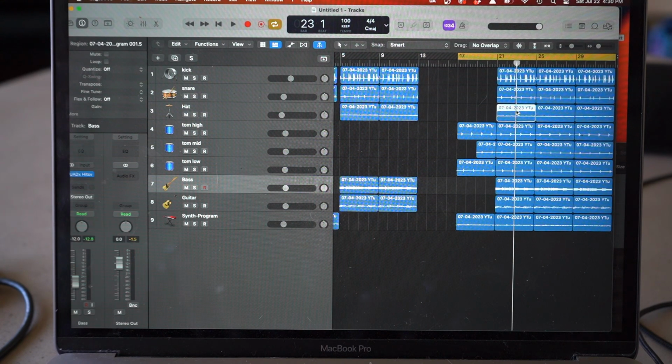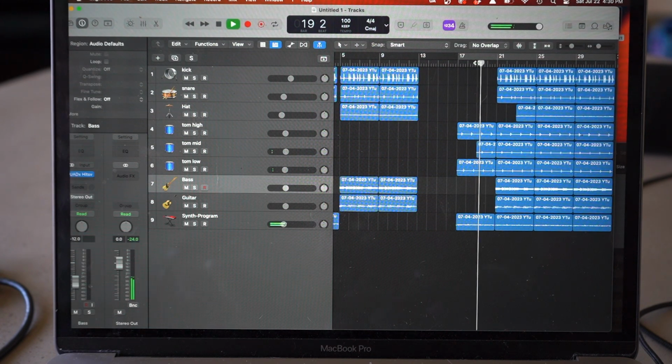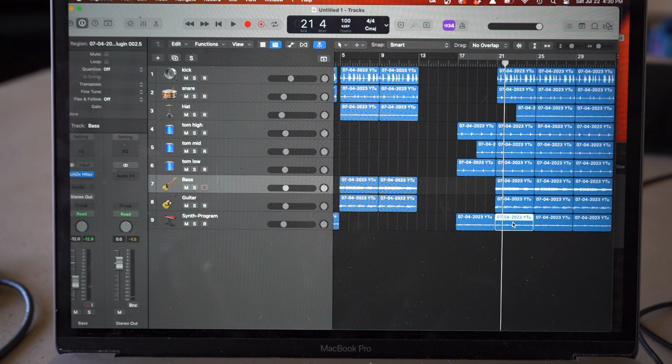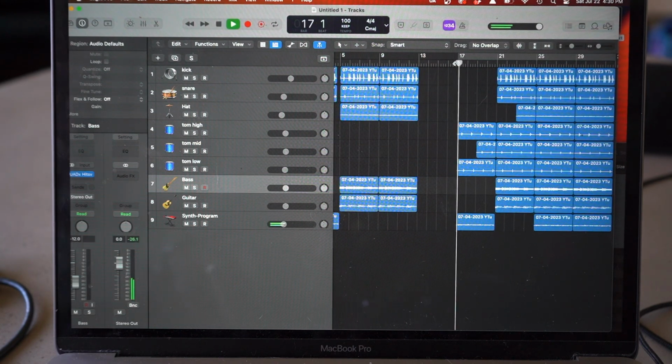Hi-hats aren't going to come in until about the 6th bar. So let's get rid of those hi-hats. Let's take it off of here. Take it off the loop. I'll get rid of that as well. So far we got